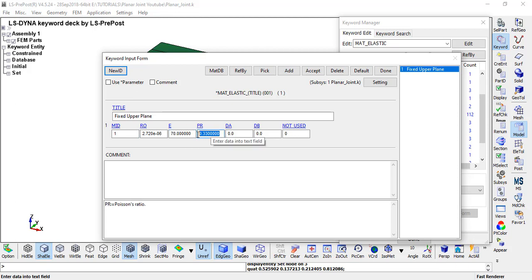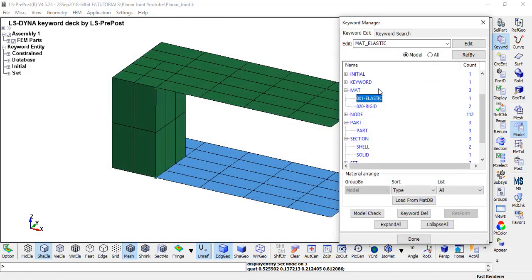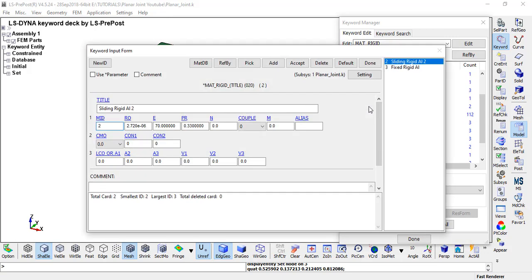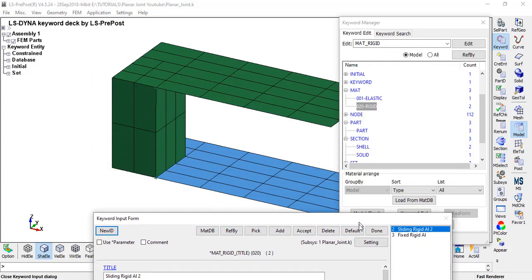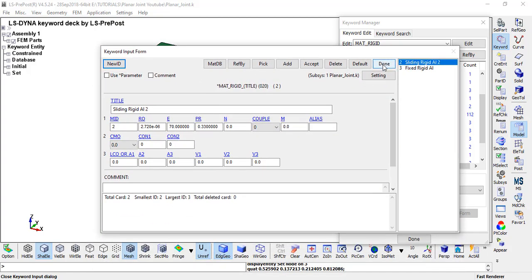These are the units considered: kg, mm, millisecond. And the same material has been followed for the rigid also. This is for the fixed bottom plane, and this is for the sliding body.